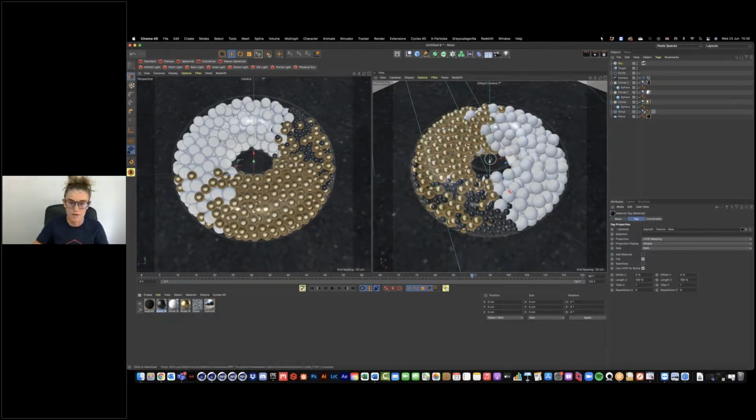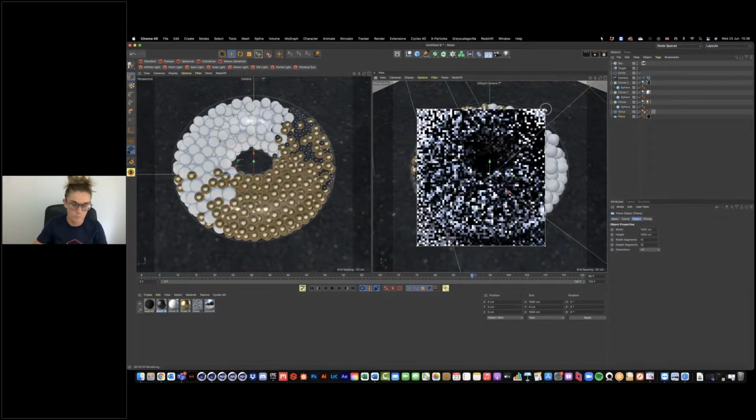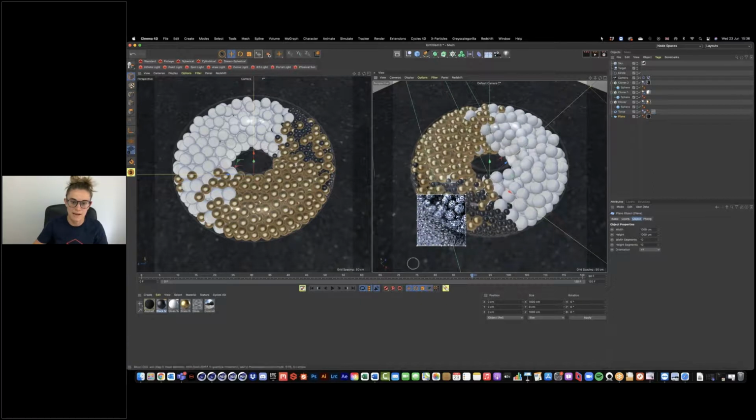Right, so I'm going to go back into this view here. I'm going to just hit Option R to get my render view up, and I'm just going to do it over the asphalt. I don't need to worry about seeing this just yet. Okay, so it's quite